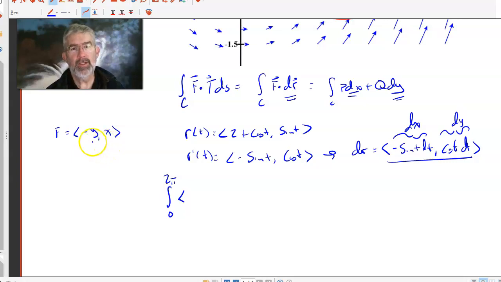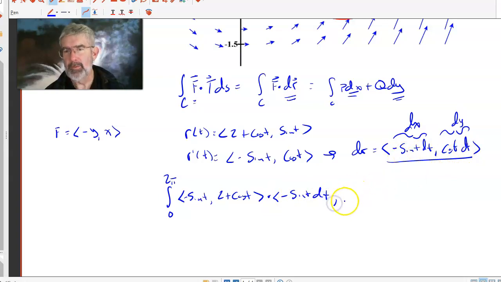So for each value of t, the y component is sine t, but it's negative y, so this is minus sine t. And the x component is 2 plus cos t. So that part is the f, right? And now I'm going to dot this with dr, which is (minus sine t dt, cos t dt),